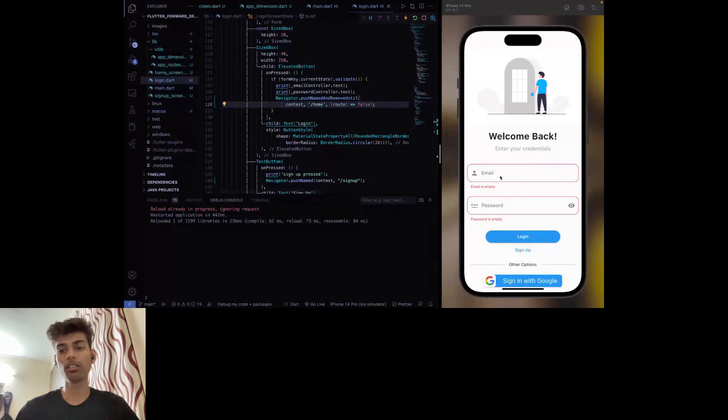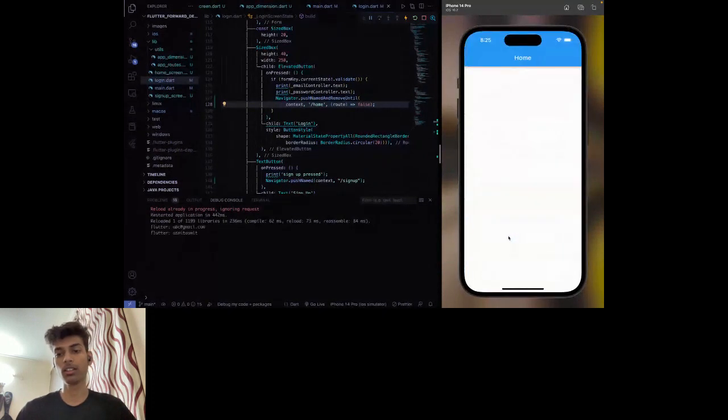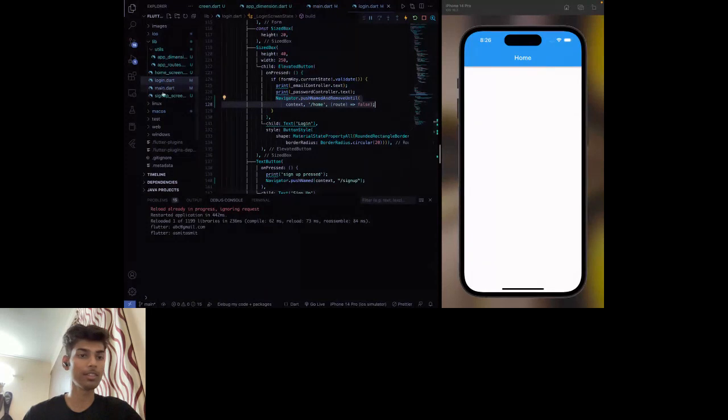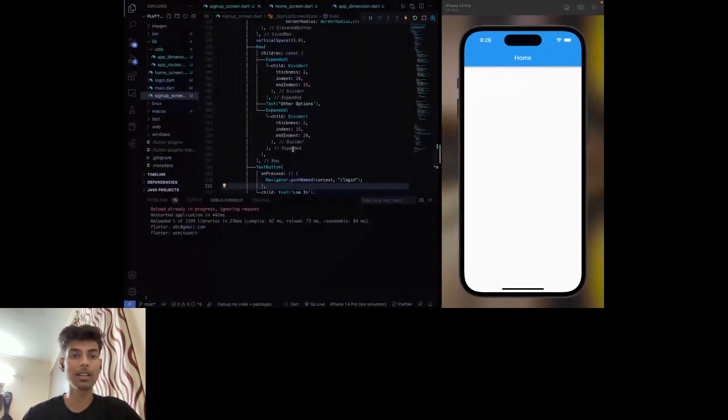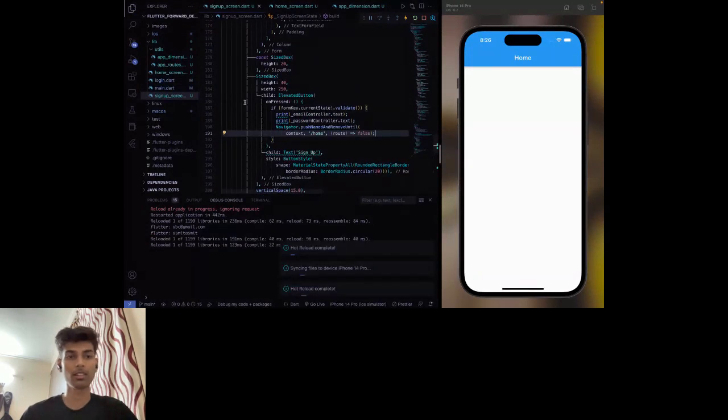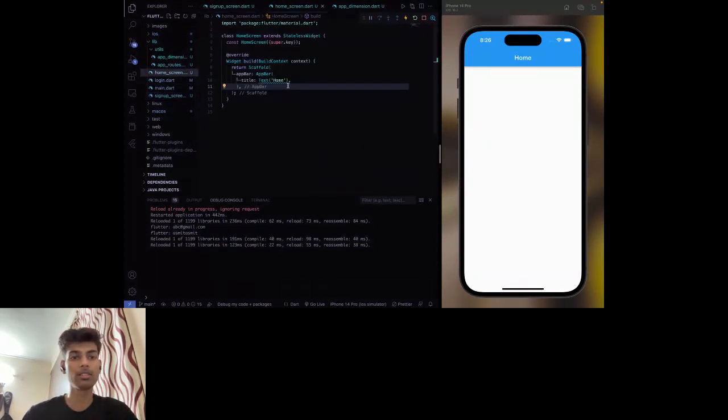Okay, now you can see there is no back button here. So Flutter is smart enough to understand that in the previous screen we have used Navigator.pushNamedAndRemoveUntil, so it doesn't display the back button. And similarly in the sign up page, we'll do the same thing here, and we'll display a short message in the body of our